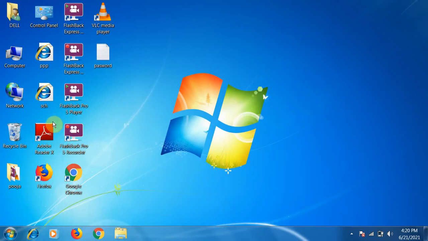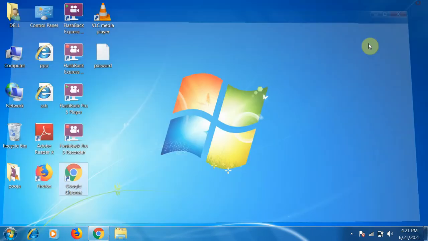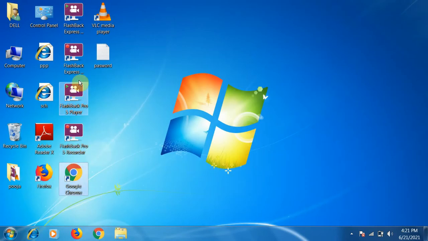Okay, next one is icon. You can see here there are many types of icon given here. Okay, these are the small programs that open the program. As you click on it, you will get the program open. So I have done double click on Google Chrome, so it will open here. You can see the program is open here. Okay, so these are the icons that help to run the program.